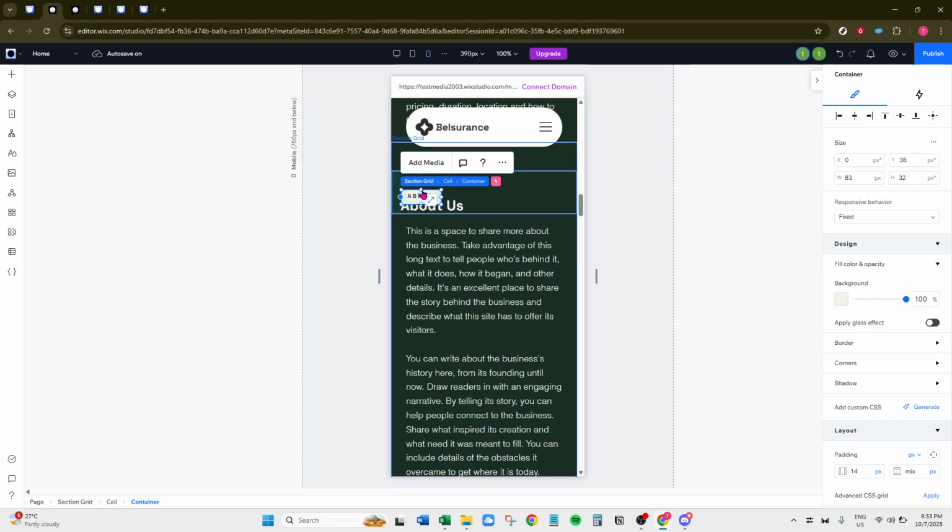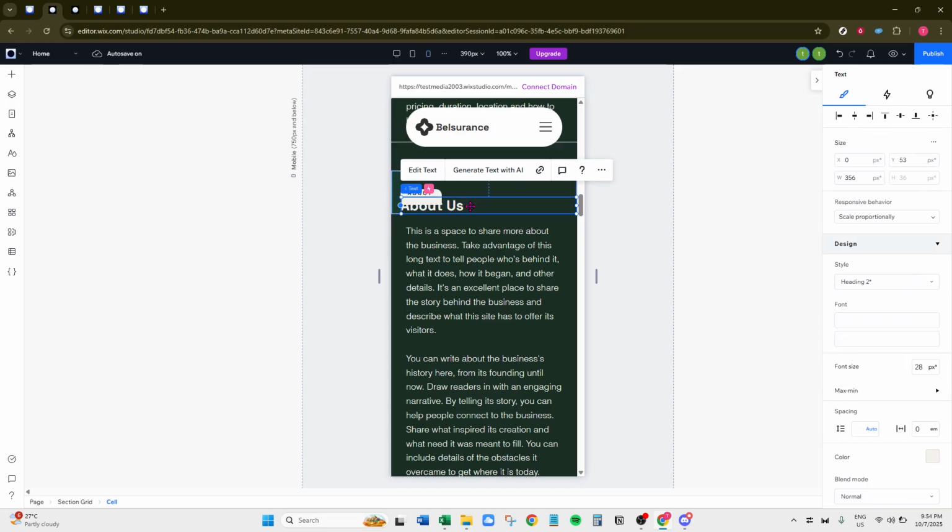Additionally, pay close attention to your images. They might need resizing and repositioning to fit the mobile screen better. You want them to be impressive without overwhelming the overall layout. Ensuring that images align well with text and other page elements can make a significant difference in aesthetics and user experience. Once you've made all these adjustments, you can click on Preview to see how your site looks in action.